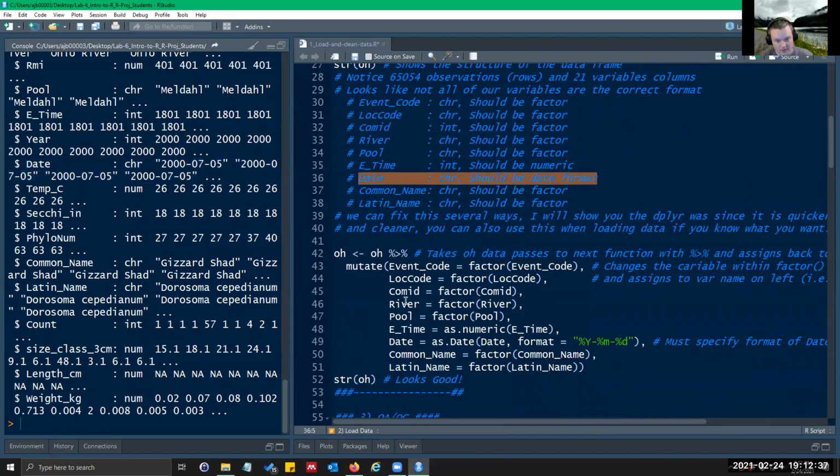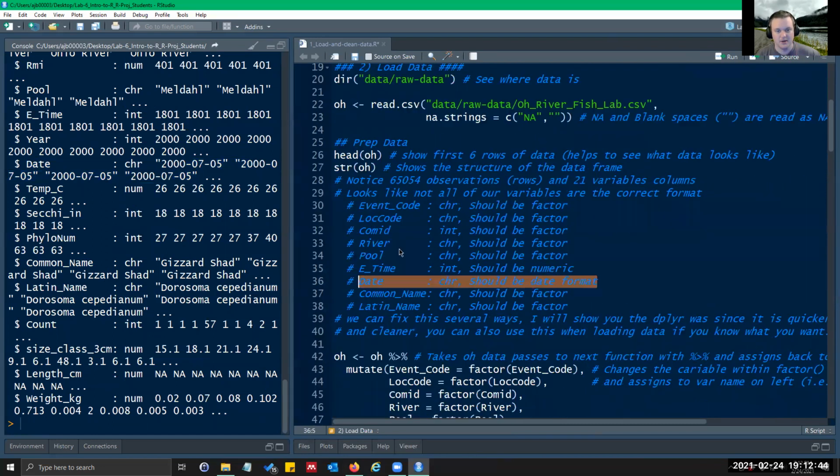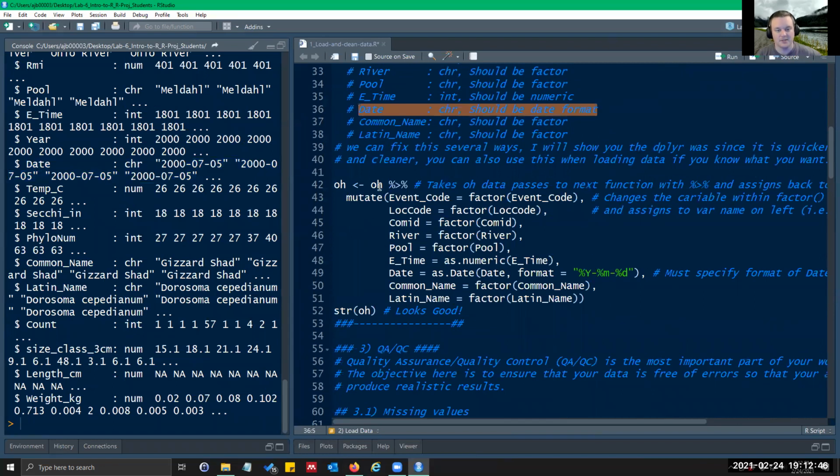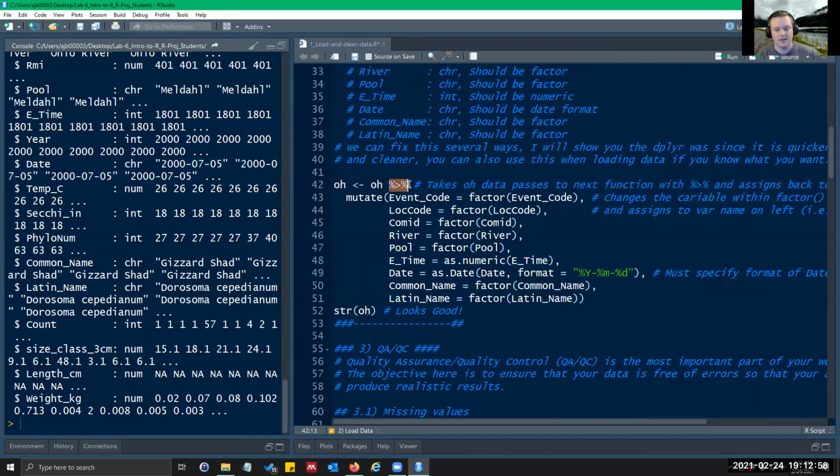So I'm going to show you this way to do it. You could do this, and I will show you later how to do this up here, all in one step. But basically what we're doing here is we're taking the Ohio data frame, and we're overwriting the Ohio data frame with everything that we're going to do on the right of this piping command. So this comes from the dplyr package. So does this function. And the dplyr package just provides kind of a nice, easier, cleaner way to code. So it's easier to read.